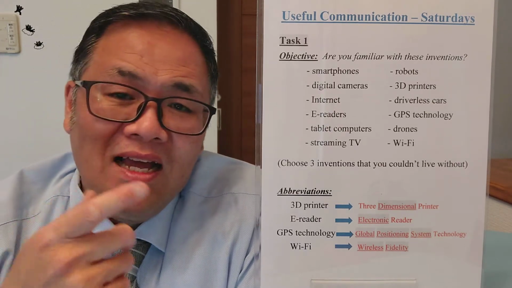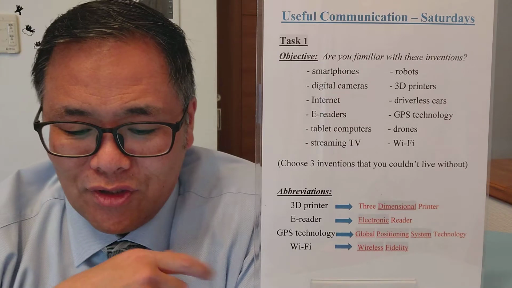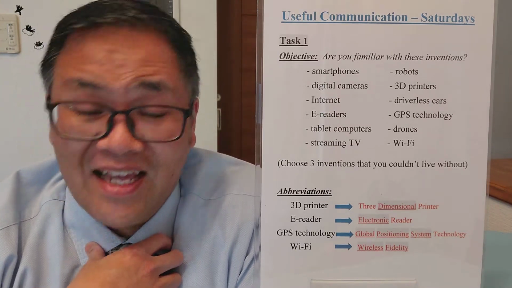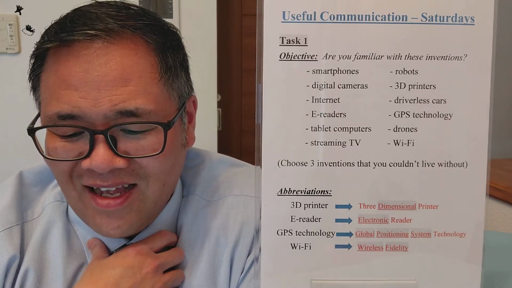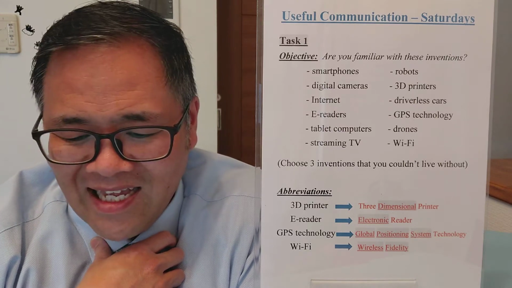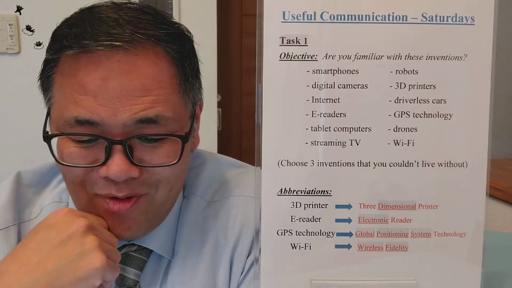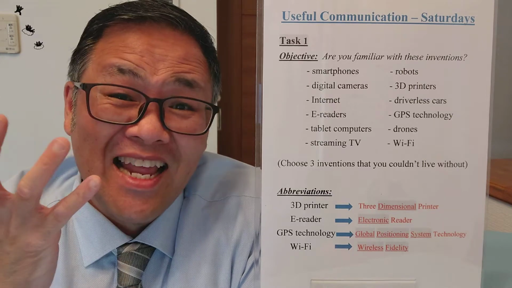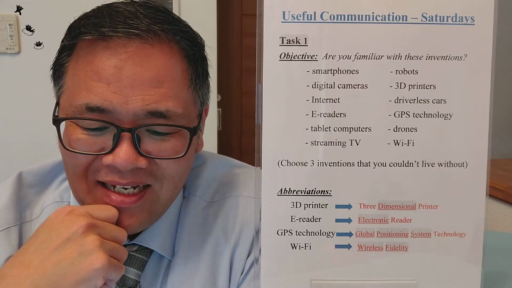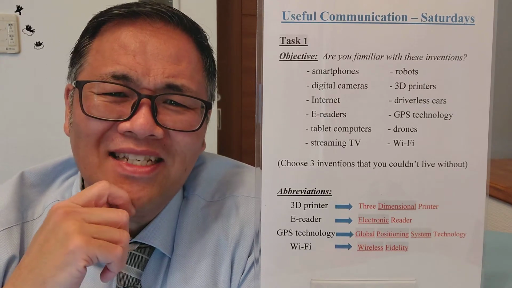Okay, now basically the exercise in the textbook asks you to choose 3 inventions that you couldn't live without. For me personally, number 1, of course, smartphone is important, and of course the internet. You need a lot of information, and also maybe GPS technology. I mean,